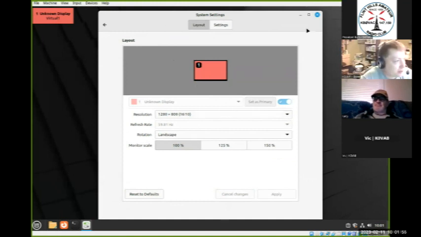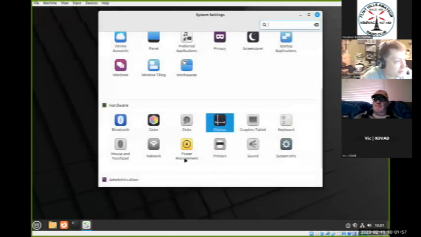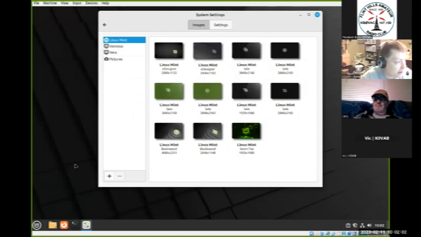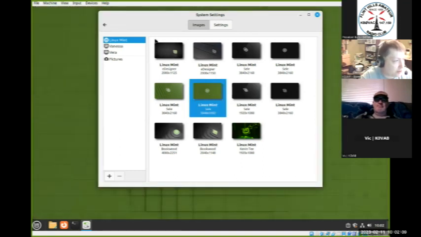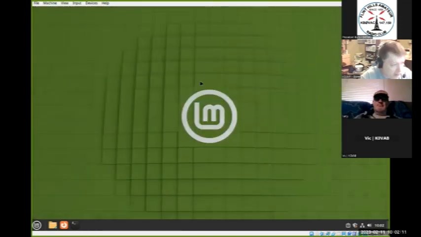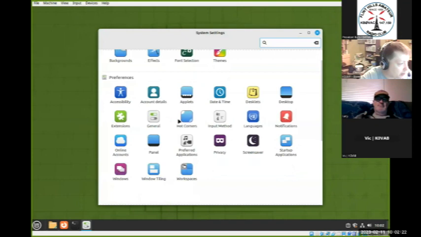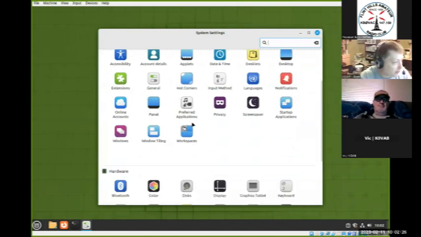Okay, so that's some system settings. Other things, backgrounds. Maybe you don't like that background, so they give you some other backgrounds you can choose from. Let's choose that one for now. And I'll show you how you can customize that here in just a bit. So let's see, some other system settings. I'm not going to go through every one of these, but let's see, what would be useful to show you? Well,